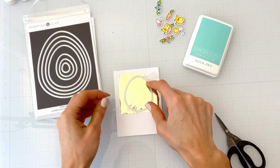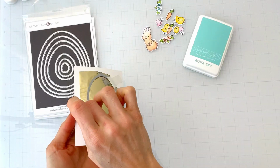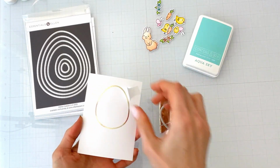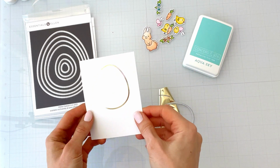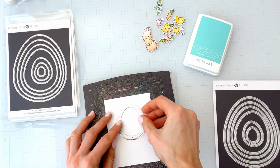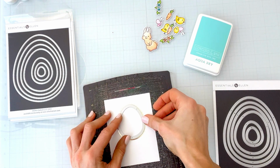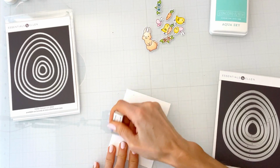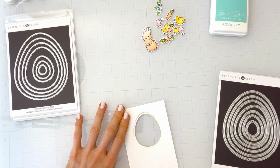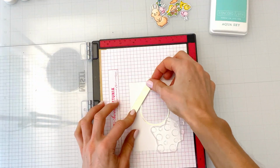So I'll secure a piece of champagne foil in place with some post-it tape. Let that do its thing on my foiling machine. And after this reveal, you will see that we've got a lovely egg frame. We need to make this into a window, so I've just grabbed one slightly smaller egg die, placed it inside the frame, and ran it through my die cutting machine. As usual, I found that a little bit of post-it tape residue was left on my panel after that foiling, so I gave it a quick rub off with a sand eraser,